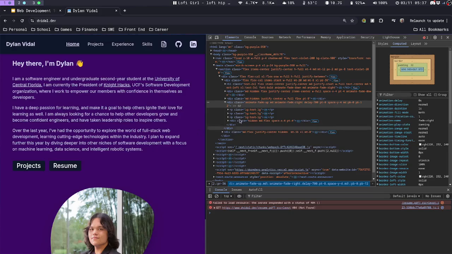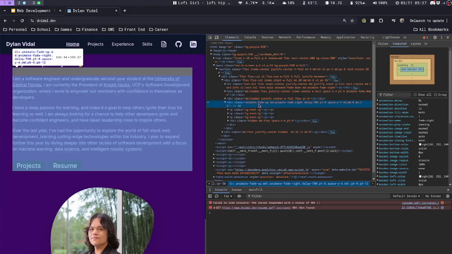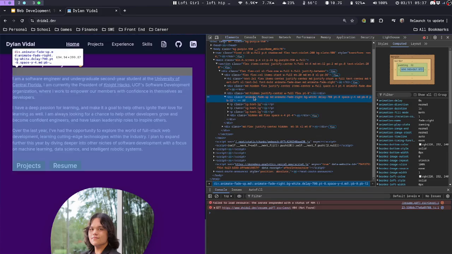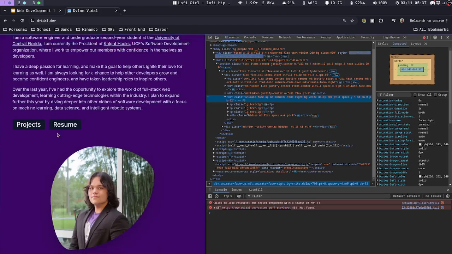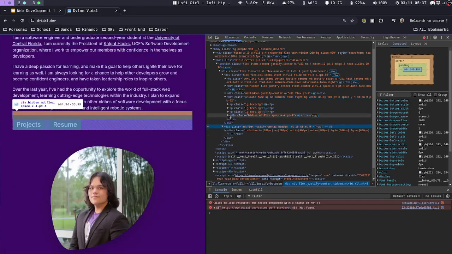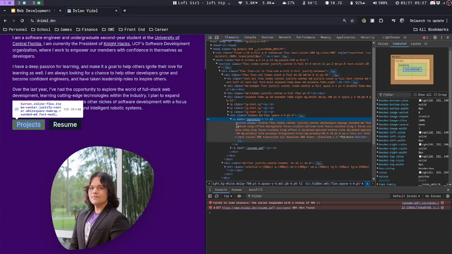So I wish I could find a good example. Should be able to do this. No, I don't have that style built in. Anyways, the blue is the actual content. I had padding at the top, but at the end of the day, I could have used margin. This is also a bad example. Oh, this would be a really good one. Let me go find the button. Too low. There you go.